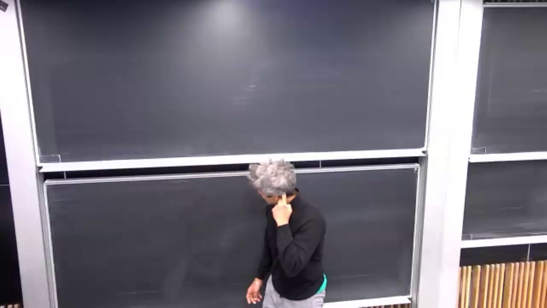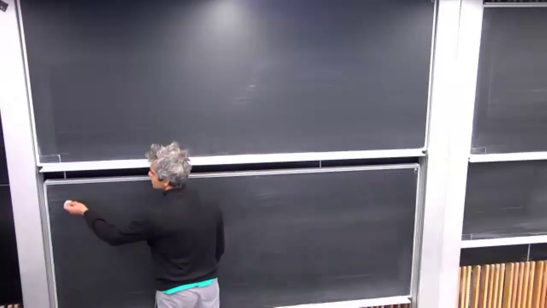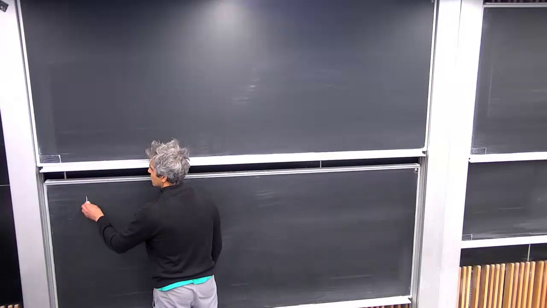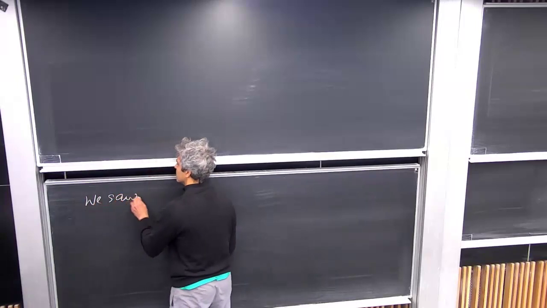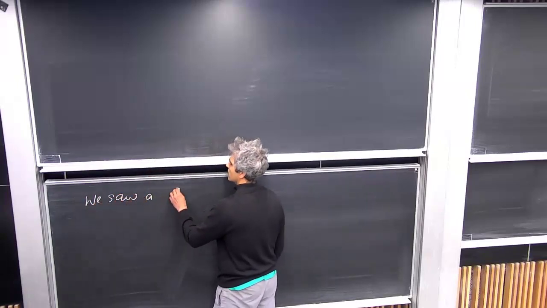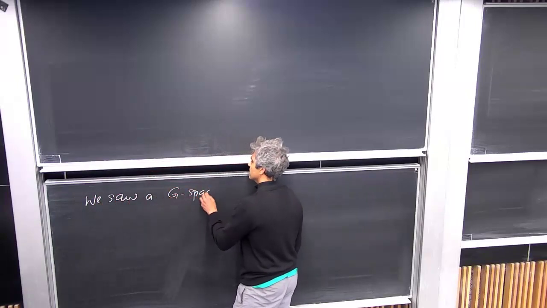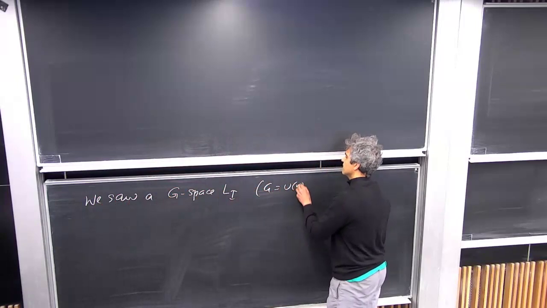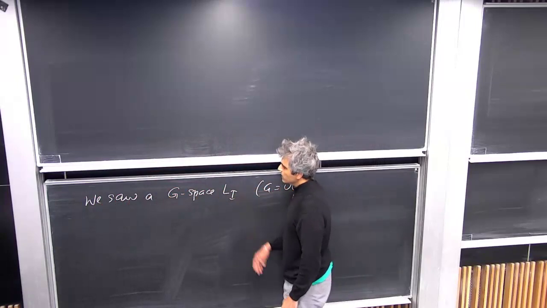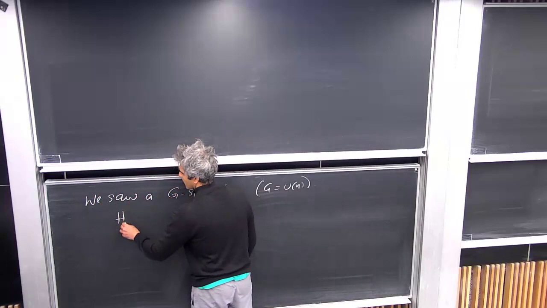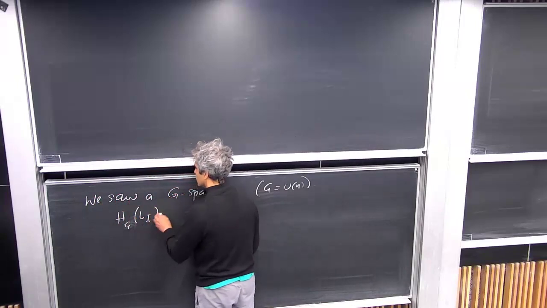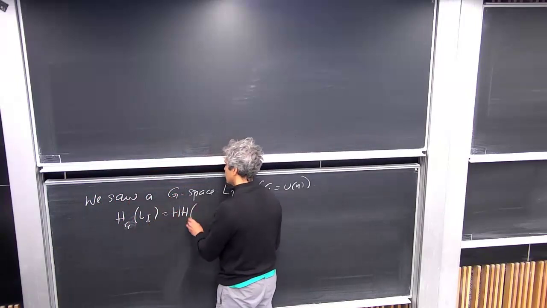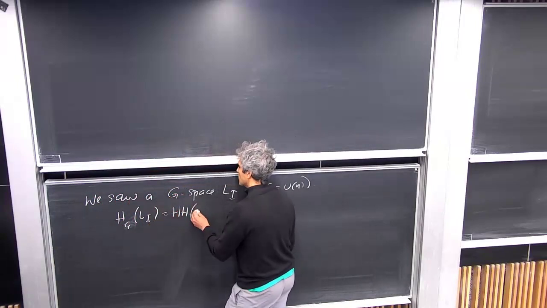Before we proceed, so we solve G space of I, and here my G was UN. We talked about a G space Li that had this cohomology, invariant cohomology, which was the Hochschild homology of these